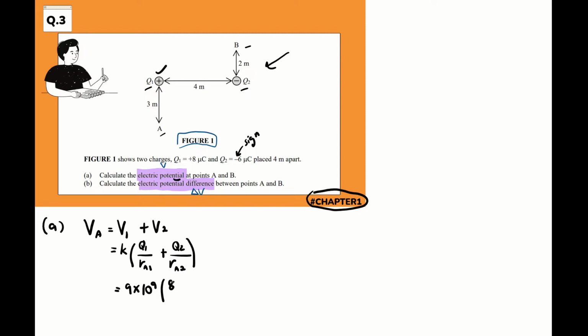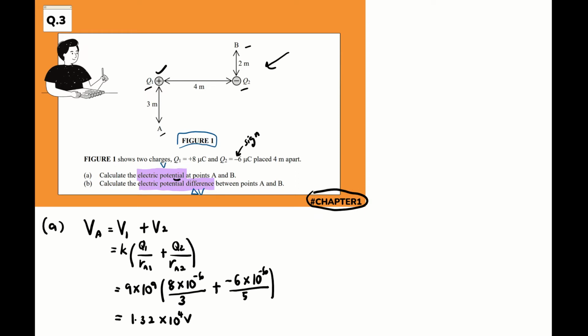We have 8 for Q1 times 10 to minus 6. The distance is 3 plus negative, we have to include the negative sign, minus 6 over 5. And you're supposed to have VA as